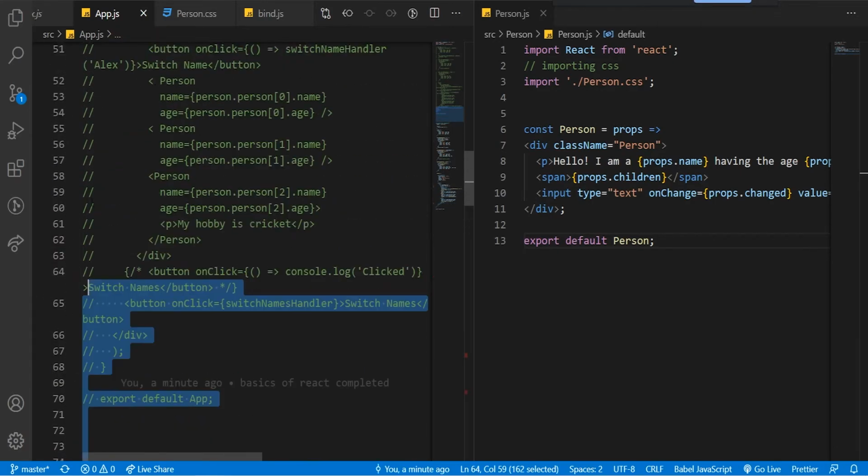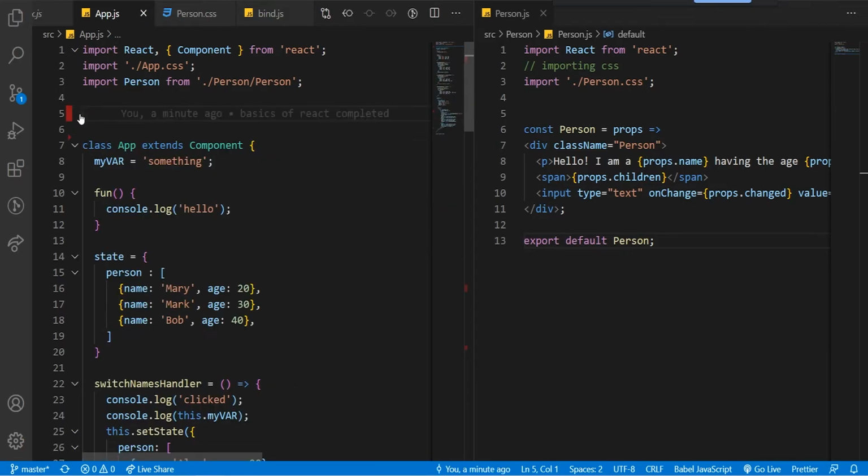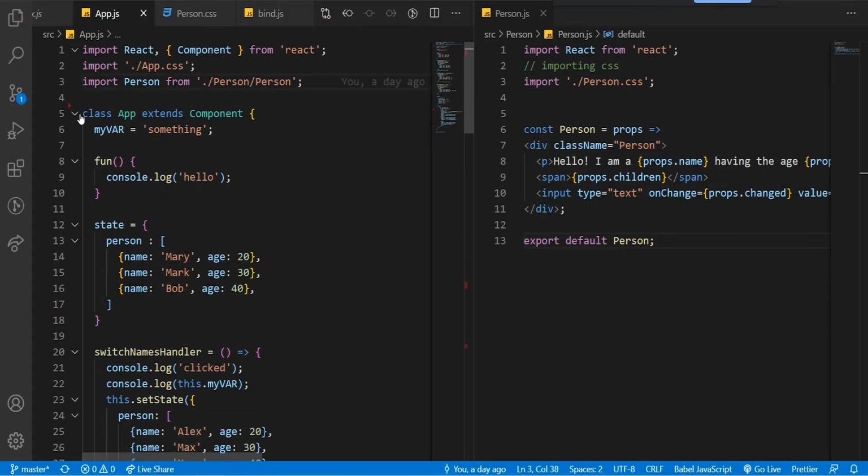And I'll remove my function based component. I don't need it. This was just to show you how we can create and update state in functional components, although it's not a good practice up till now. And these two functions which